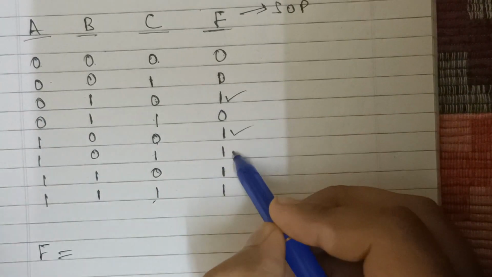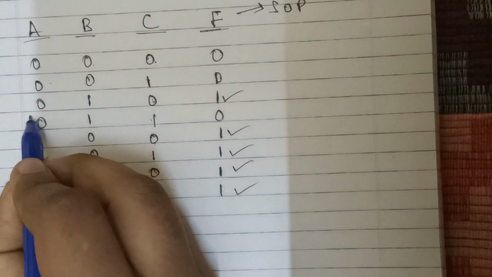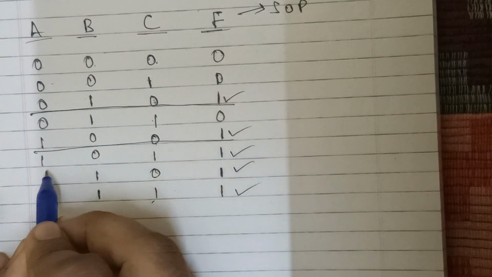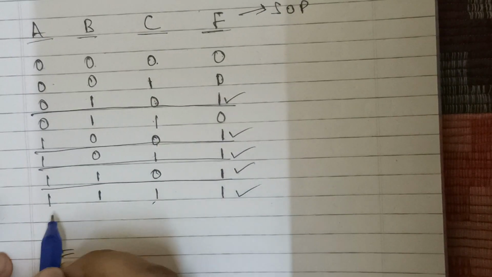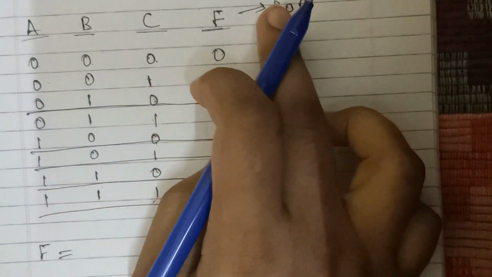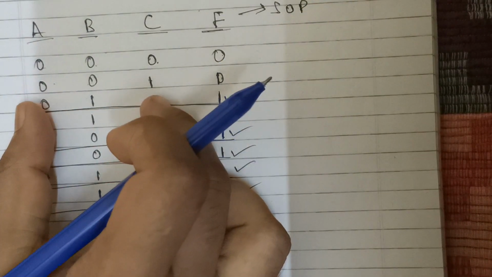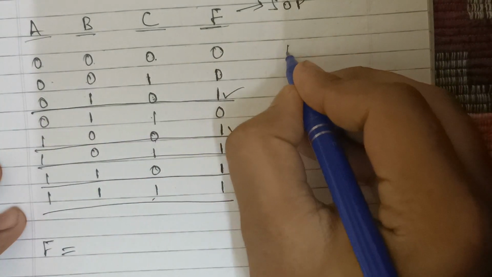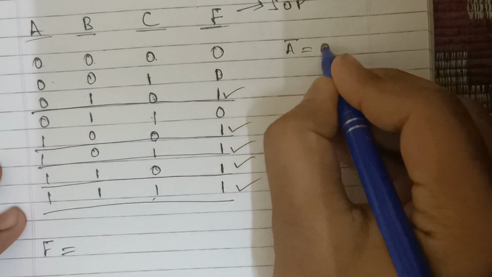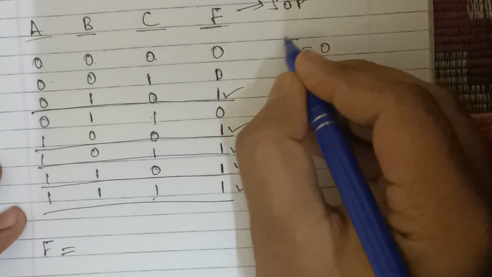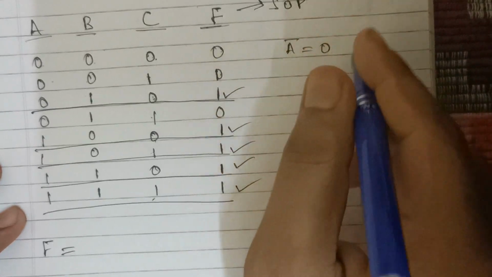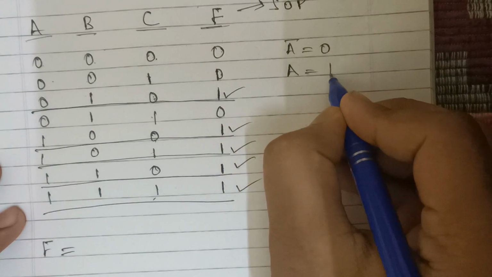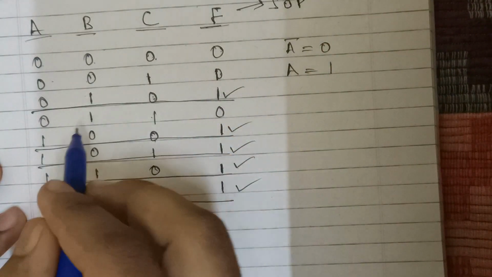We are going to consider the function outputs where the values are only 1. So this 1, let us consider this part, this one. Since we are writing in sum of products form, we have to express this in products. A bar stands for 0. Any bar or complement of any variable stands for 0, and if it's just written as A, it stands for 1.